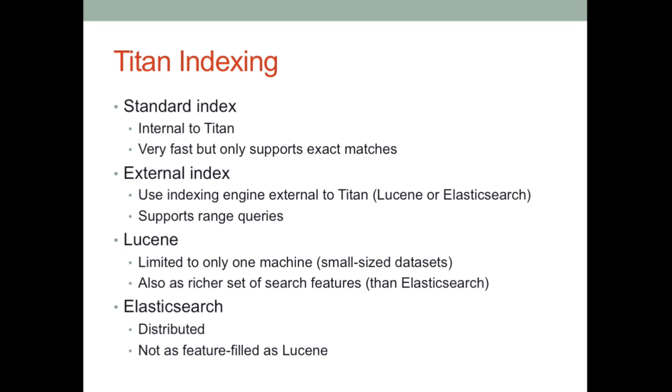Doing range queries, you can do byte ordered partitioning, but it's kind of a faux pas. So you get hot spotted nodes real fast that way. You can do an external index. I mentioned that before. You can plug into an external system that will then give you those range queries, but they don't support it internally. And then there's a couple options there, Lucene and Elasticsearch.